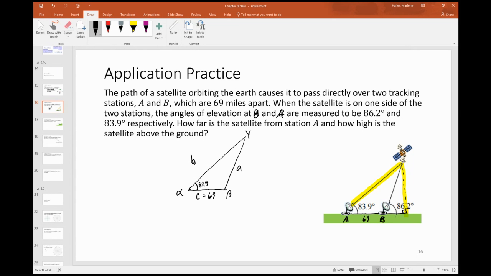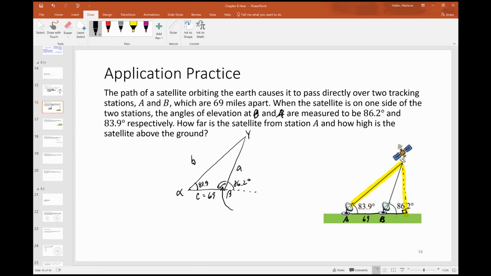So we have to figure out if there's a way that I could find one more aspect of this triangle, another angle or another side length, so that I can solve for A and B. Angles are usually easier. And look at this. We know this angle here is 86. If I were to extend this, I could say that this angle here is 86.2 degrees. Well, since angle beta right here is supplementary with this 86.2 degrees,